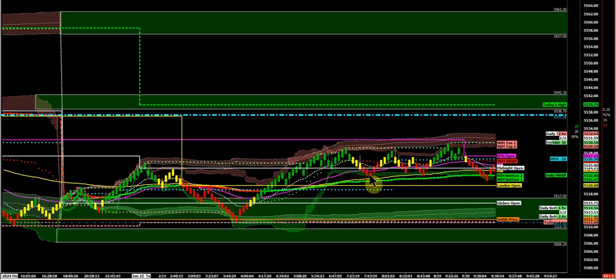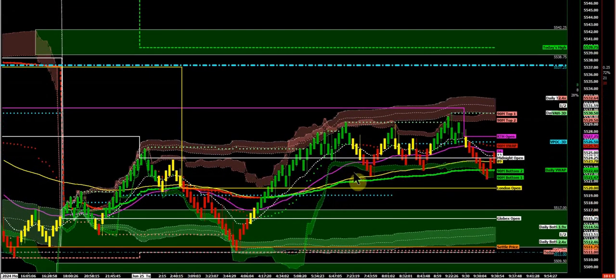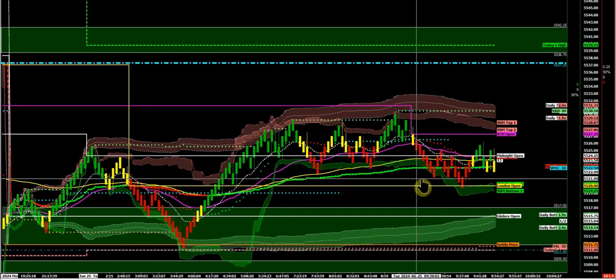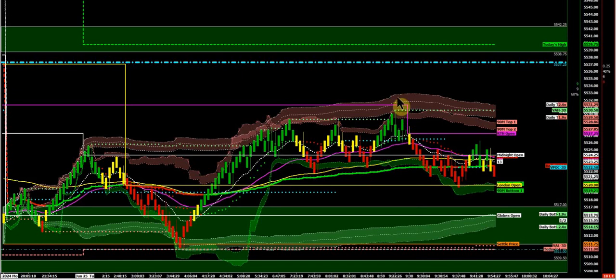You came back down, but you started bouncing off those moving averages, right? Started bouncing off the 89. They weren't going to go below the 89, right? And they weren't going to go below that 90-minute. That 90-minute cloud right there. That's the VWAP, 90-minute VWAP extension. Comes down, goes back up, makes a new